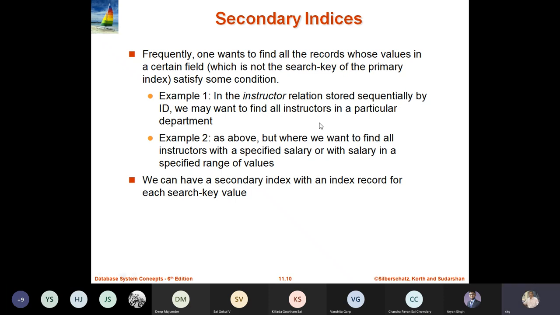So what we have is a frequency. One wants to find all records whose values appear in a certain range, which is not in the search key of the primary key, and satisfy some condition in the instructor relation stored sequentially by ID. We may want to find all instructors in a particular department. That may be all instructors of the CS department, all faculty of the CS department, say